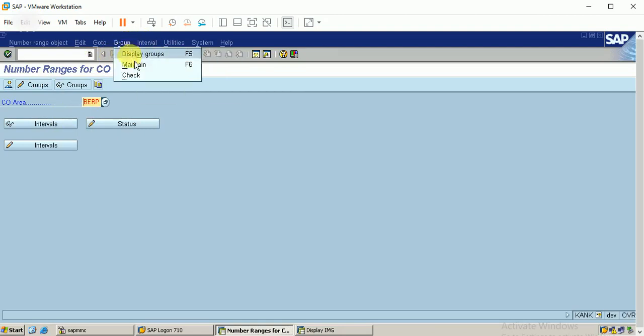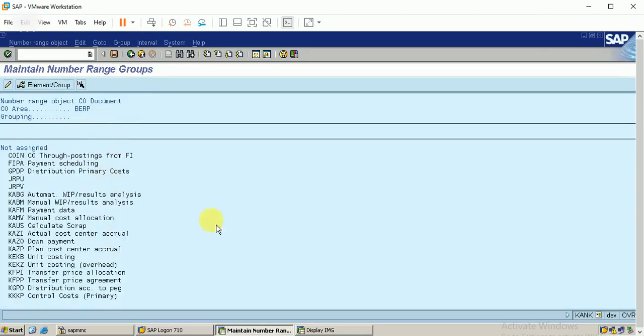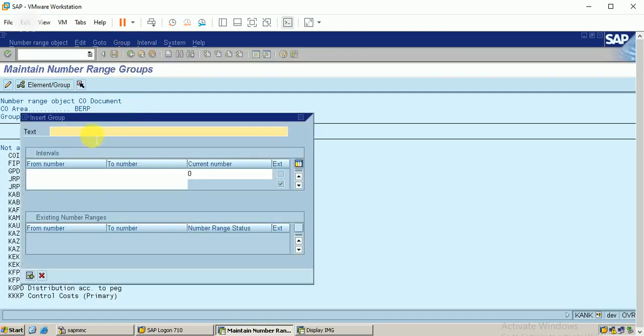Okay, group maintain. This number range is for controlling documents. All these are the document types associated with controlling. So I have to have a number range here. I'm clicking on group, insert. I will create a new group with the name BERP and also the number range.